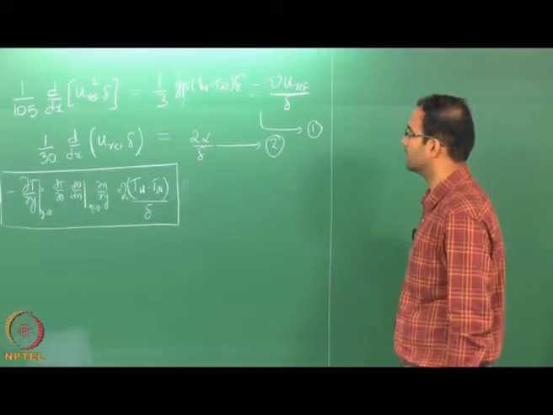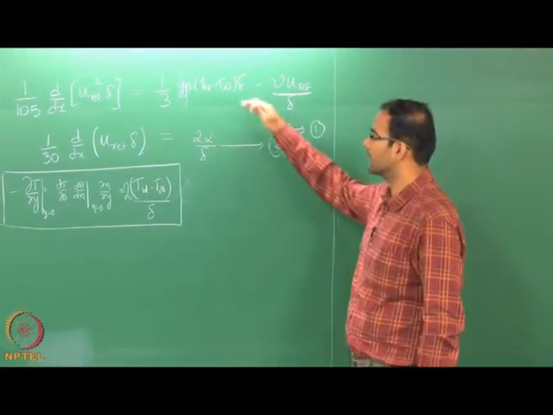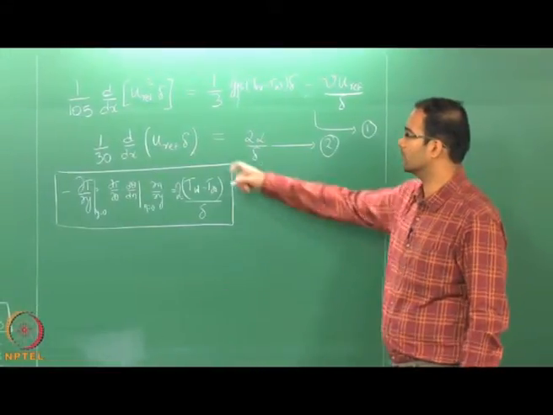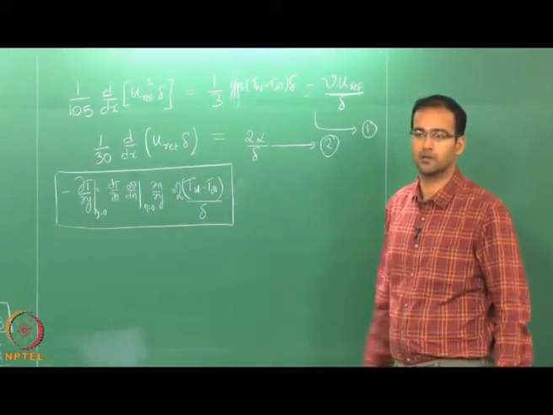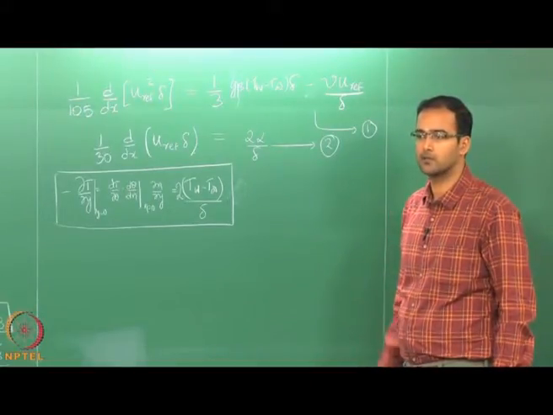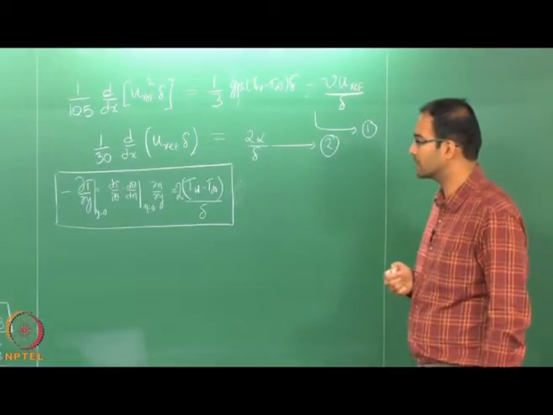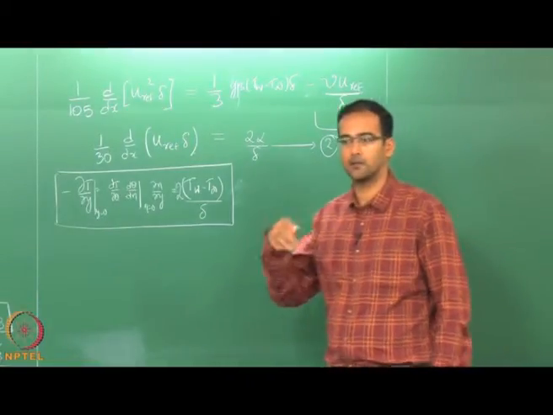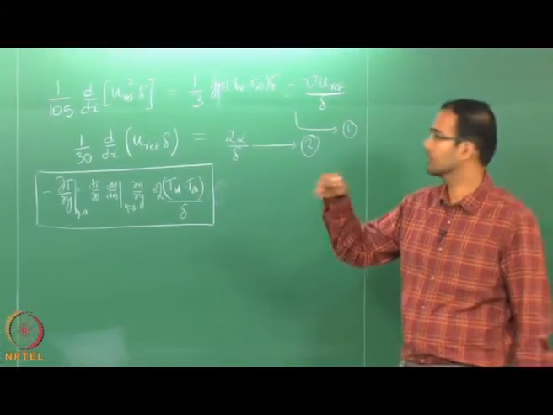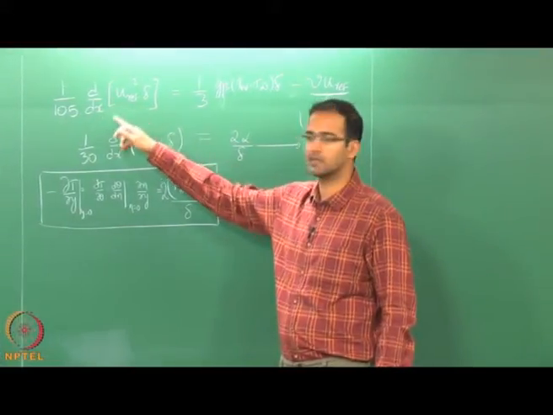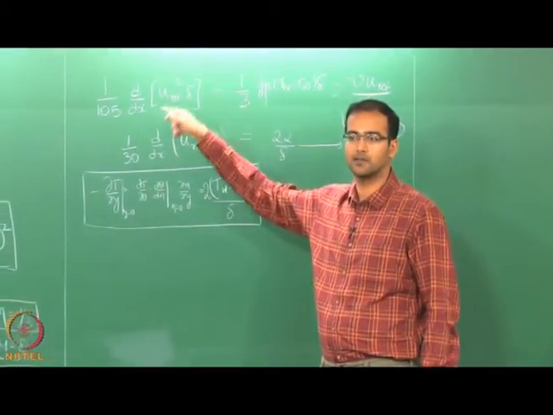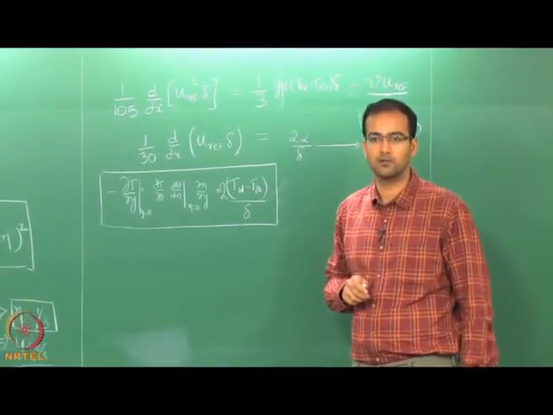So now we have two equations, two ODEs, in terms of what? U reference and delta, two unknowns. Now how do we find these two? One thing we can do is make a polynomial approximation for U reference and delta which varies with x, because in order to do this differentiation we have to know the variation of U reference with respect to x and delta with respect to x, which we do not know.